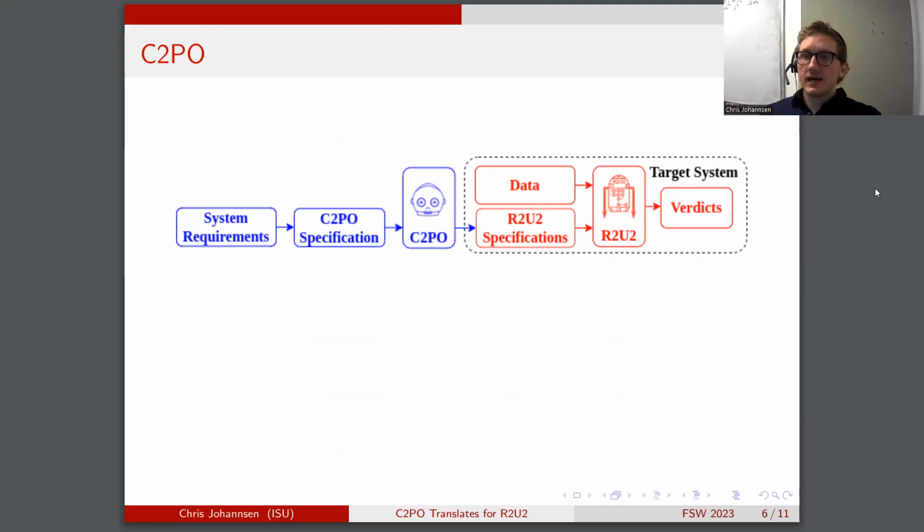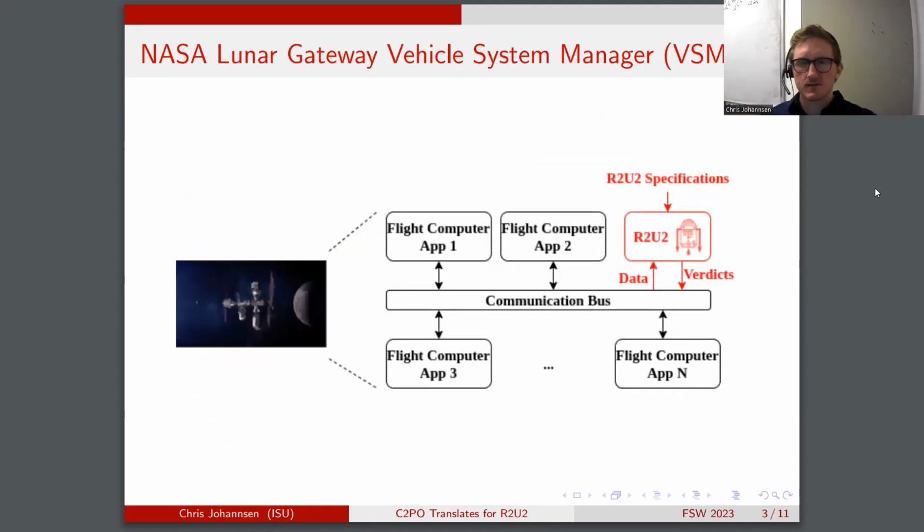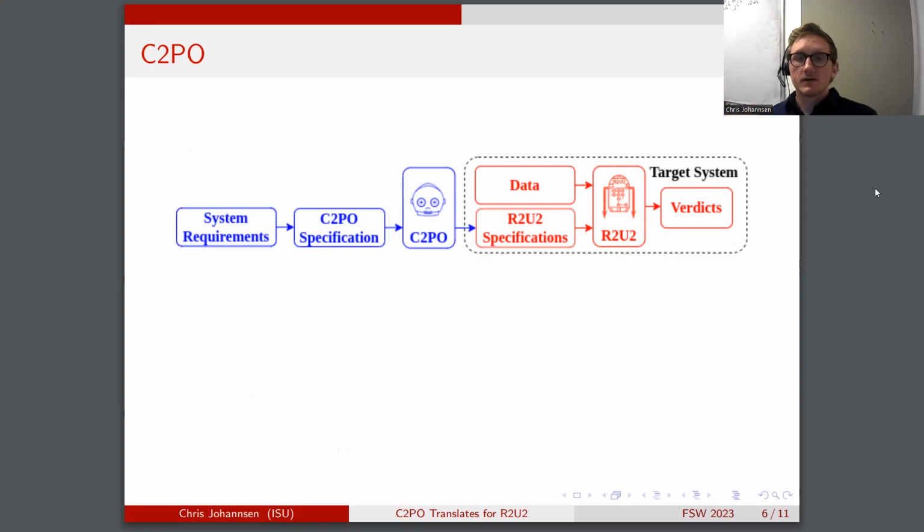Here on the right side is a workflow. This figure is just a workflow of how one might use C2PO and R2U2 on their system. The target system, this dashed box, and these red boxes are the same as before. You can see the data and R2U2 specifications are inputs and the verdicts are outputs. Now, though, instead of directly writing our R2U2 specifications in an assembly format, we have